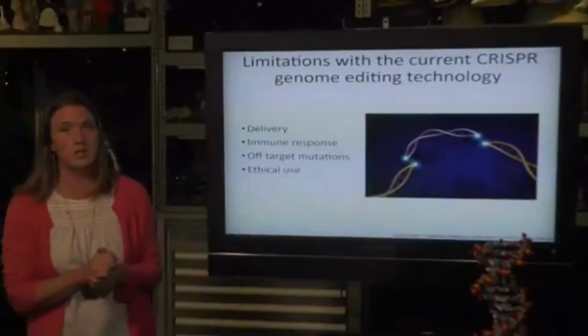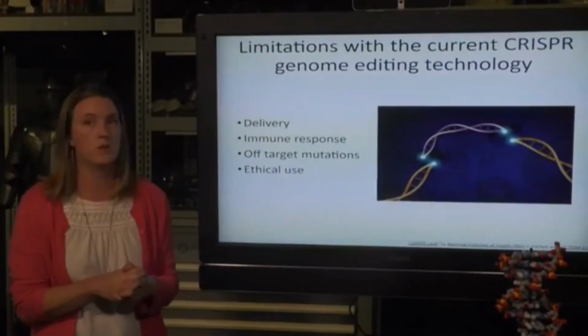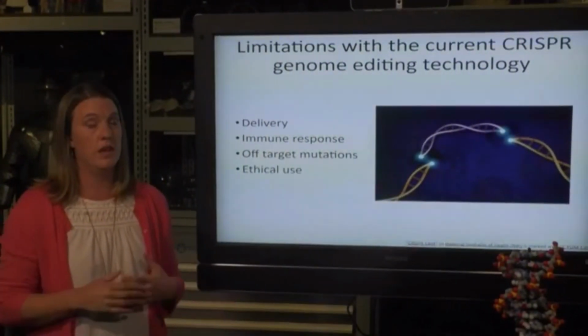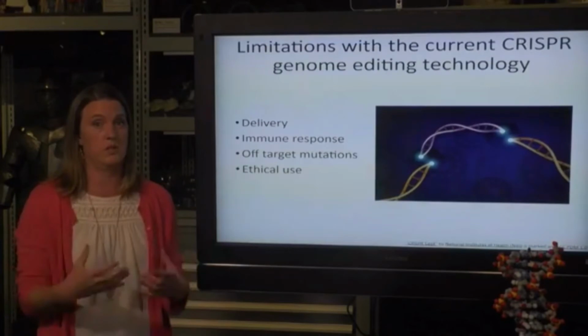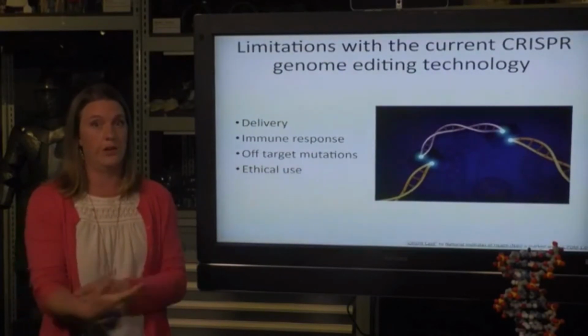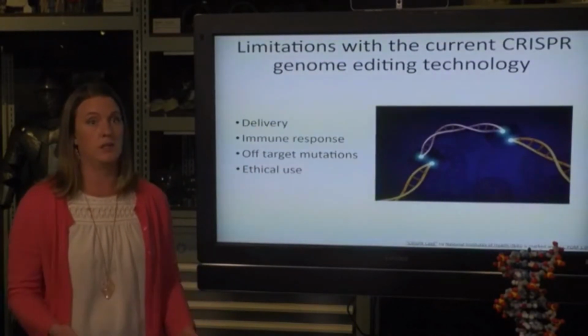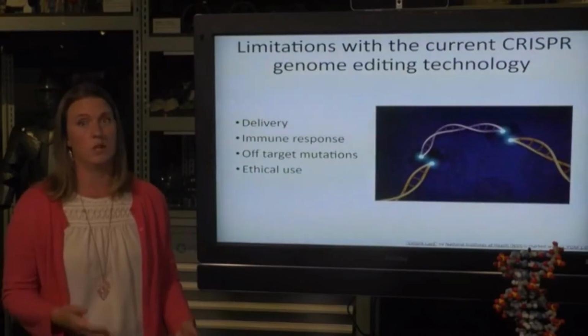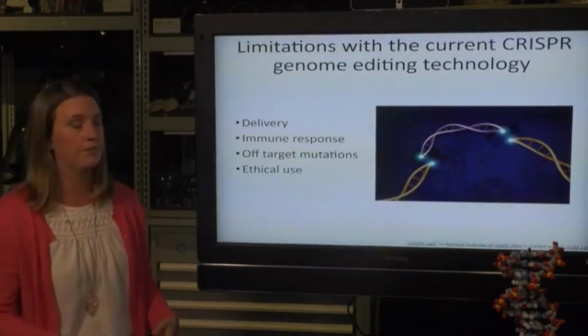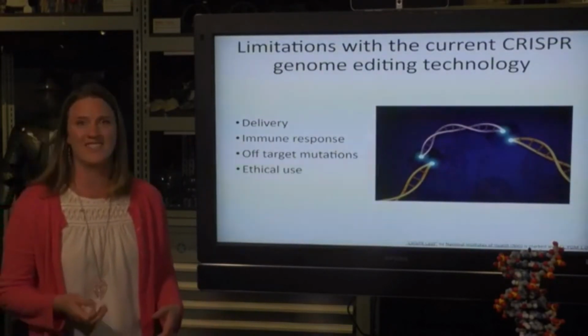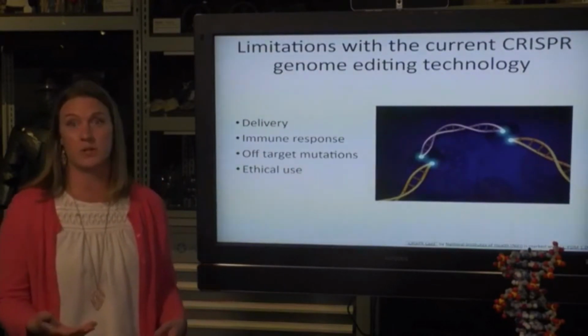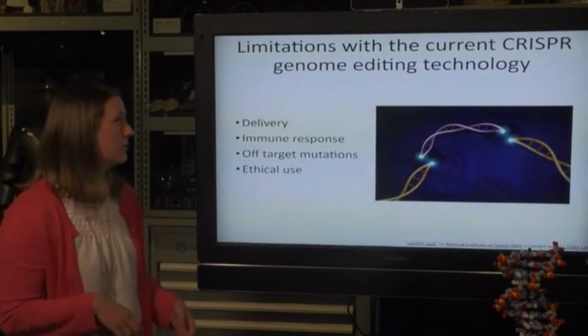Okay, so what are some limitations? The first limitation of using CRISPR in medicine is delivery. You can't get the CRISPR system, the Cas9 gene and the guide RNA gene, into every single cell in the body. Okay, so you have to be really targeted on what cells you can and can't treat. They usually use viruses, interestingly enough, to deliver the CRISPR system into cells.